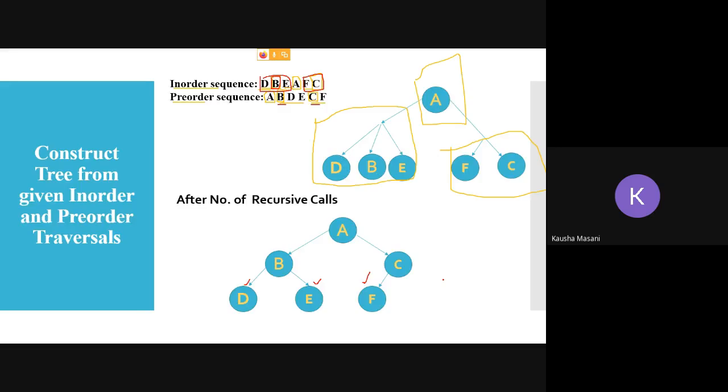B is selected as a parent node by again seeing which is the leftmost out of these three. Because we have three elements now, so you have to select which is the leftmost out of these three in your pre-order sequence. So B is the leftmost. If D was here, then D would be the parent node, or E. But leftmost out of these three is B. So that is how B is calculated as the parent node.